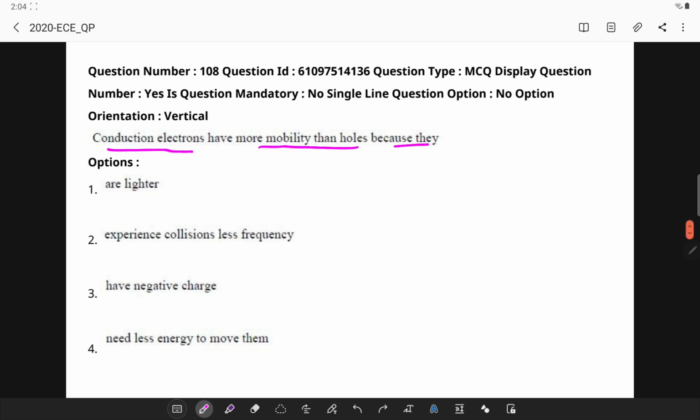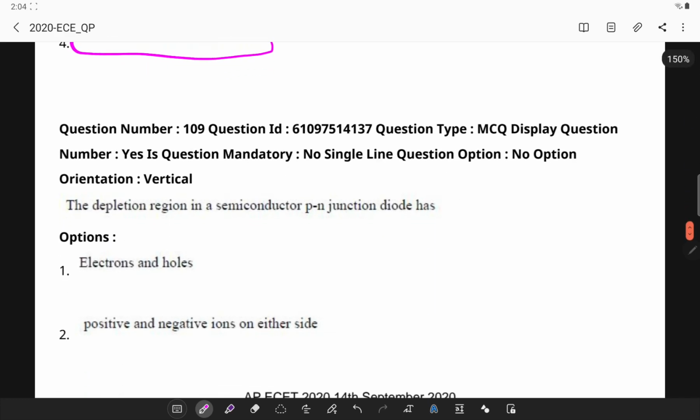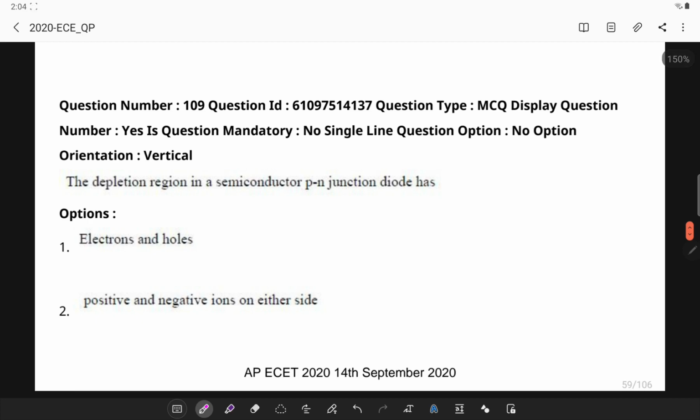So here, if you observe all this, conduction electrons have more mobility, because they need lesser energy to move them. Okay, so next, the depletion region